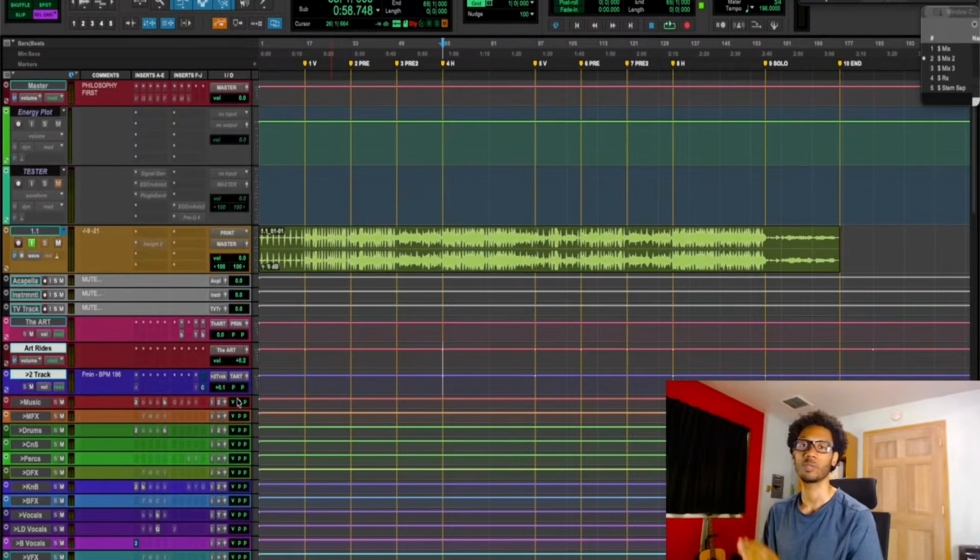Before we even press play, the first and number one most important issue I see is the why. There's no why for why people are doing things. I'll get a session from someone and there'll be all of these notches in the EQ or compressors going crazy, and I'd be like, well, why did y'all do that? What were y'all going for? And they'll be like, I don't know, or I saw this person do it on YouTube, or I got this template from someone and this is how it was set up. I'd be like, what? That doesn't make any sense.